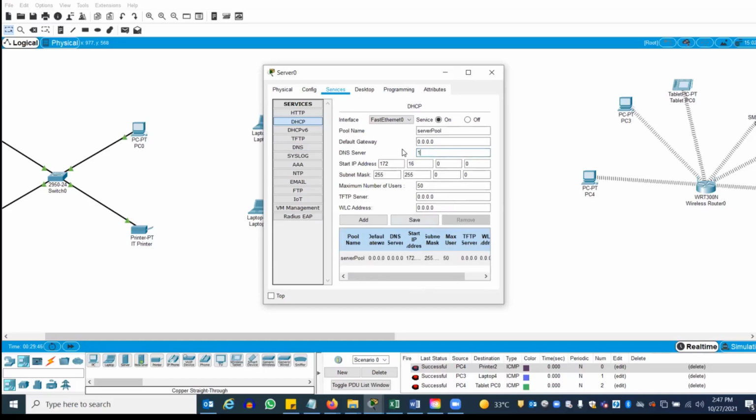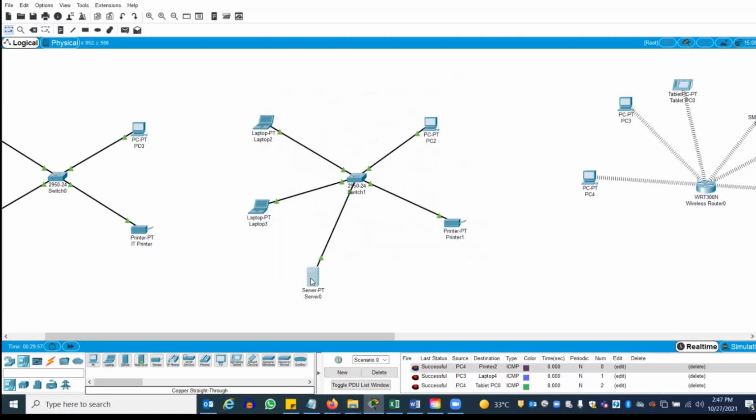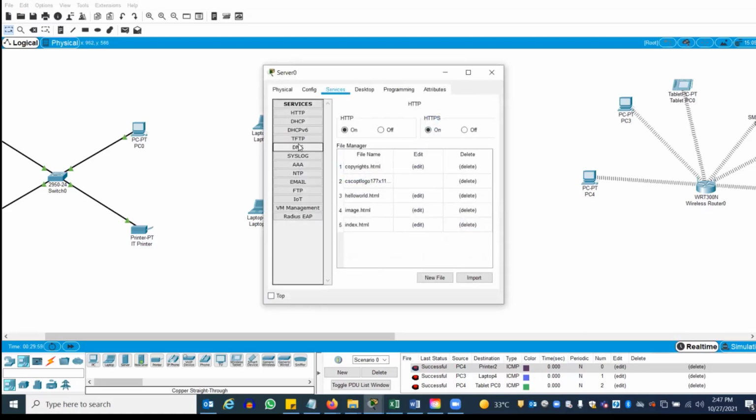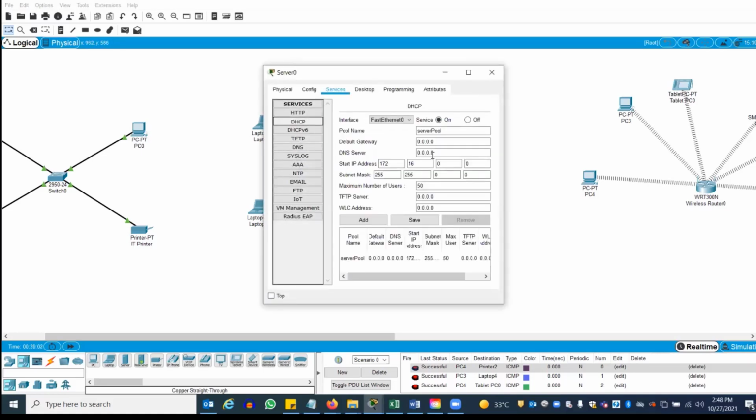DNS 172.16.0.5, and save it. So now I have specified DNS.